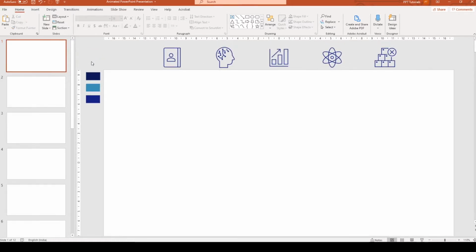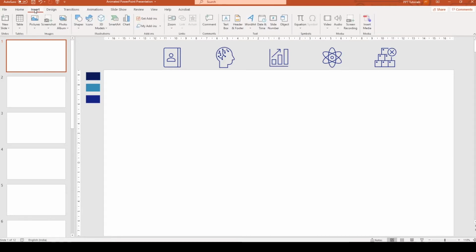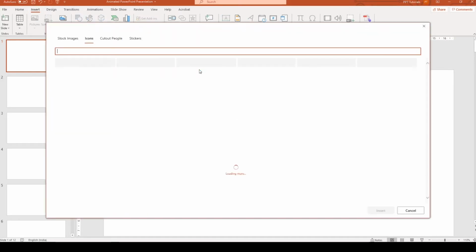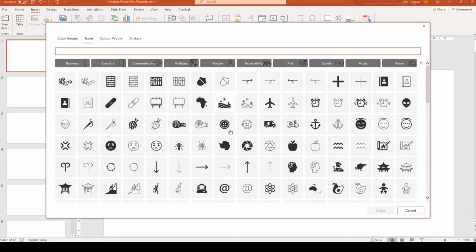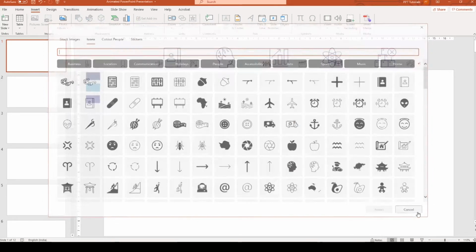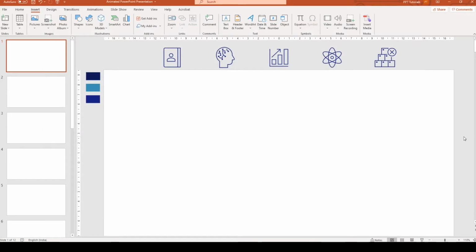To start off with, these are the three colors we'll be using in our presentation today, and for easy and quick access, I have pasted them over here. Apart from this, we'll be using a few icons in our presentation today, which I have already shortlisted. I have shortlisted these icons from Microsoft's own library of icons. If you have access to Office 365, you can go to the icons library and choose the icons that you want over here. If you do not have access to Office 365, you can also download icons from websites like flaticons.com.